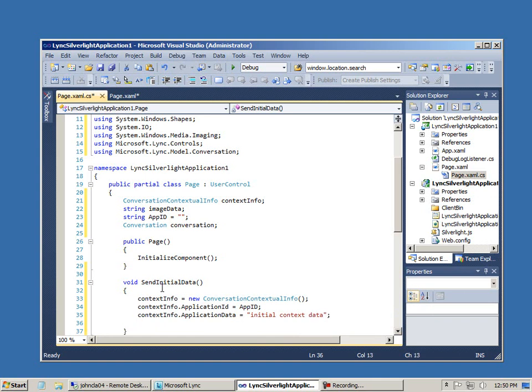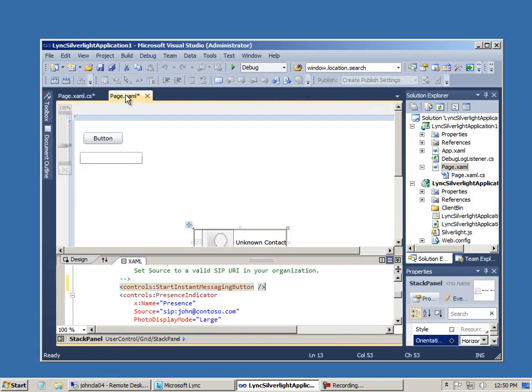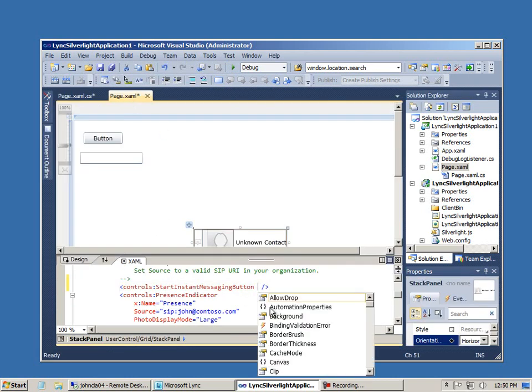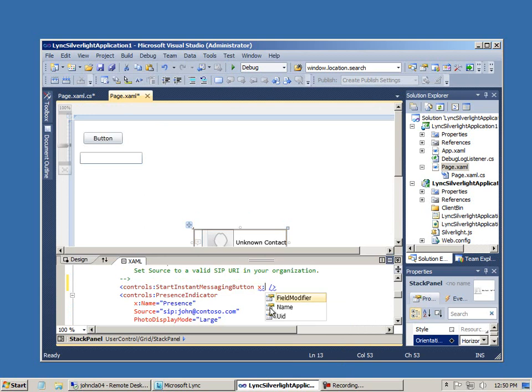And I just realized I forgot to set the name on the IM control, so I'm going to find that and add a name to it. I'm going to call it IM button. And we'll go back to the code behind